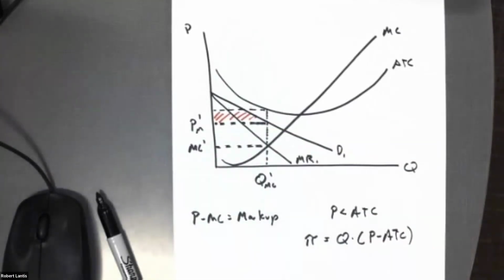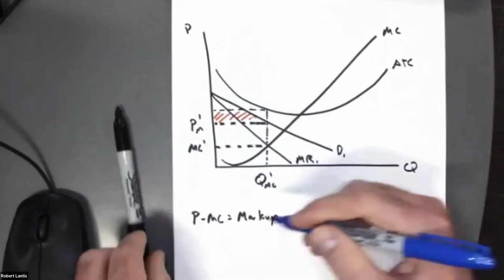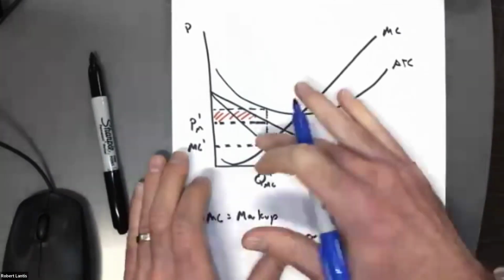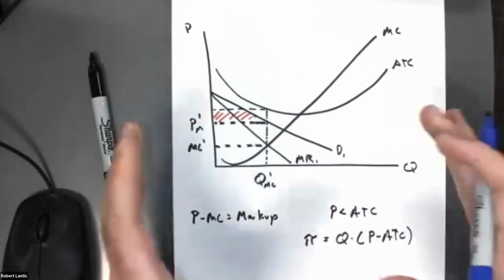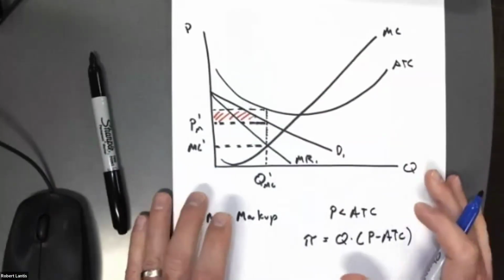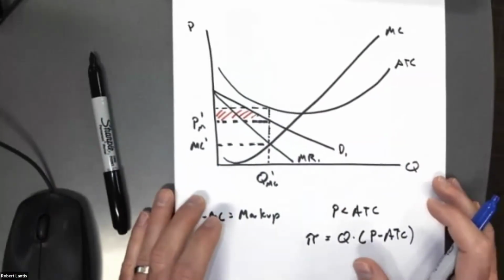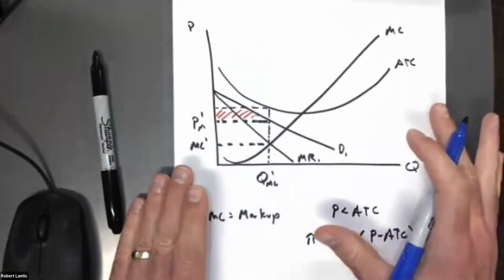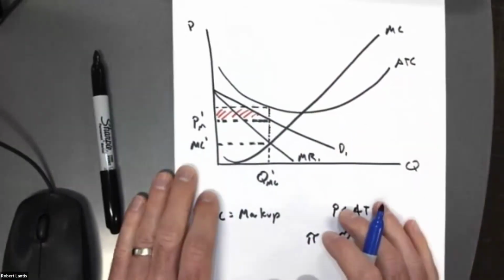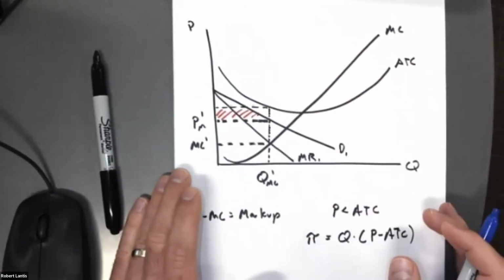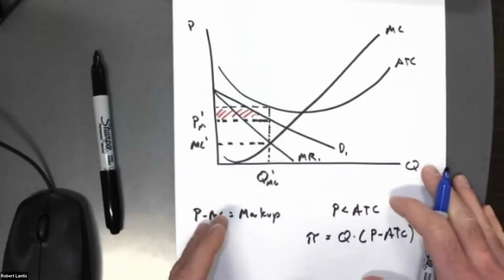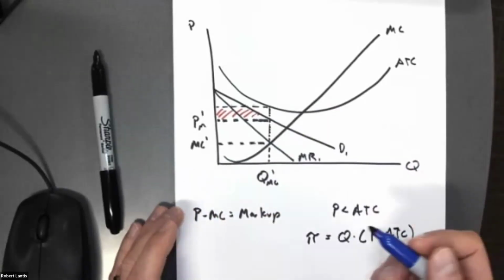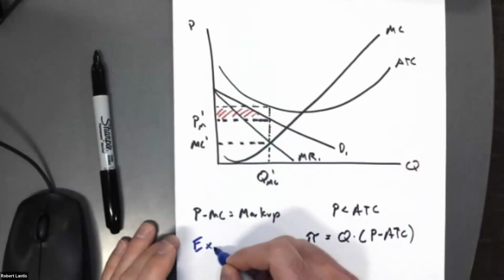So what's going to happen in this market? Well, if there's negative profits, even if I were to draw in my average variable cost, and price is above average variable cost, so they continue to operate, right? They have the same decision that perfectly competitive firms do in terms of shutting down or staying open. So let's just assume that price was above average variable cost, they stay open. What'll happen over time? Well, moving towards the long run, if profits are negative, some firms are going to exit